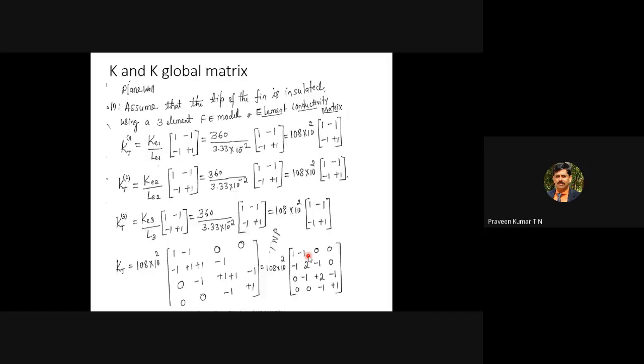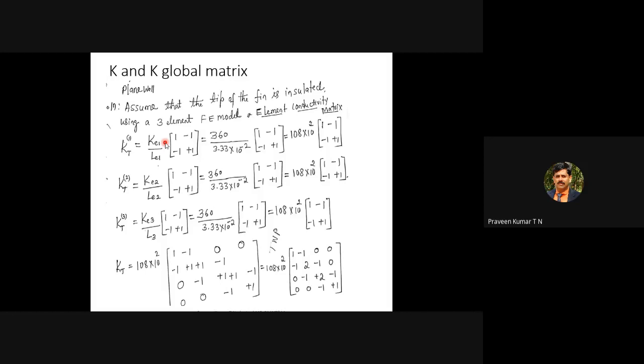Now first is the thermal conductivity matrix, but in general you have to remember that the A value is normally taken as 1 meter square. Sometimes, if they give the area normal to the conduction heat transfer, say 50 mm square or some other value, then only you have to consider it. Otherwise, we can neglect A. Most of the time it will be neglected, but we can write A, or we can put 1. So we have to find out K1, K2, K3.